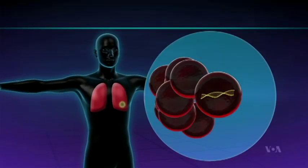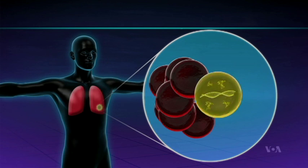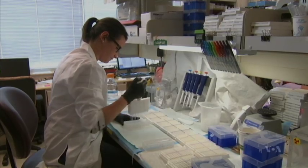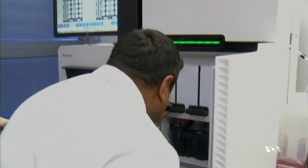One new treatment relies on a test to identify damaged genes called oncogenes that allow cancer cells to grow and spread. Oncologist Mark Criss from Memorial Sloan Kettering Cancer Center led a study that examined the role oncogenes play in the spread of cancer. That damaged gene makes certain proteins, and those proteins become absolutely critical to the growth of